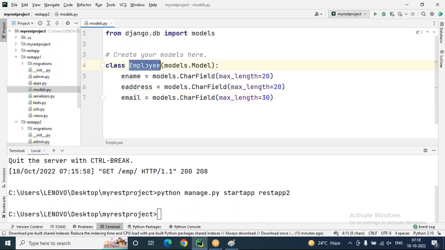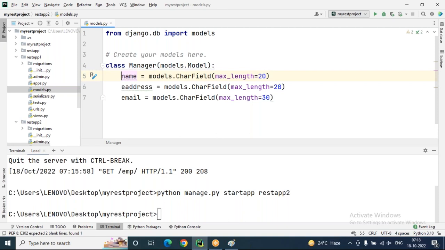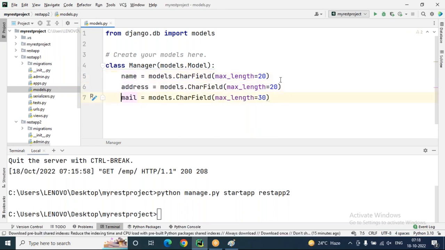So I'm changing the model name here. You can see I'm taking Manager model just for changing the manager. Okay, Manager model. So name, address, mail, age. Name, address, mail, and then age I'm taking now. This time age equals models dot